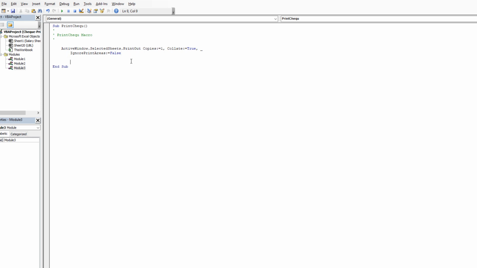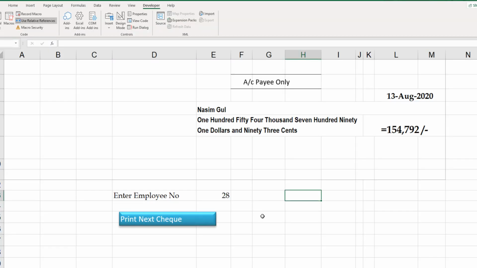Once the print is done, we increment the cell value by 1. One method is this. So this code prints the current area. This code adds to the cell value, so it increases by 1 and it fetches next data. So this is the first method. And now let's see what happens.